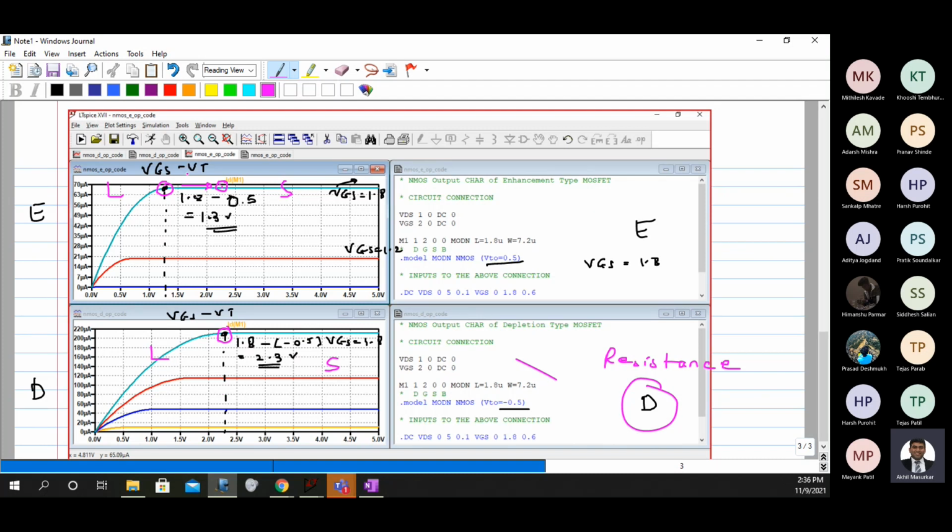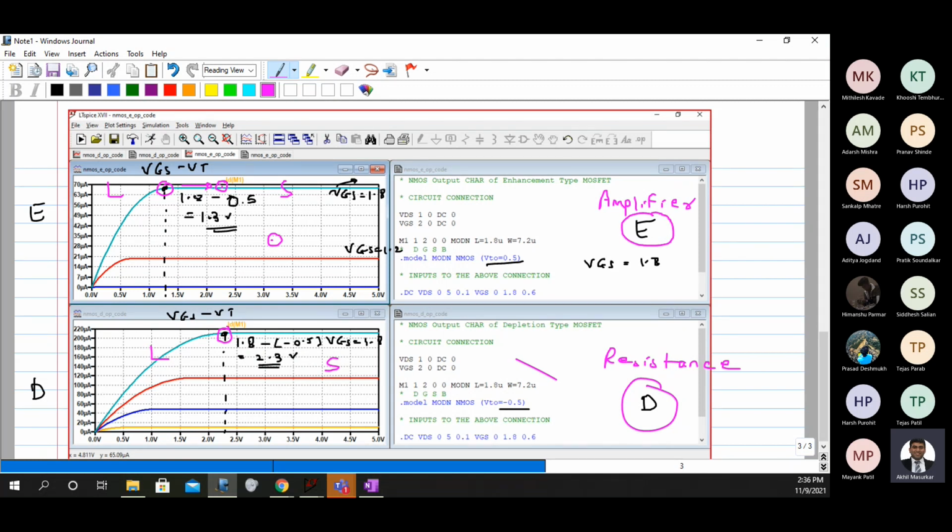And if you want to use the transistor as an amplifier, your Q point must be in the saturation region, somewhere here on the DC load line. At that time, we will be using enhancement type MOSFETs.